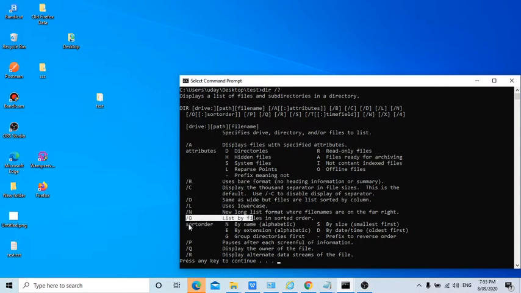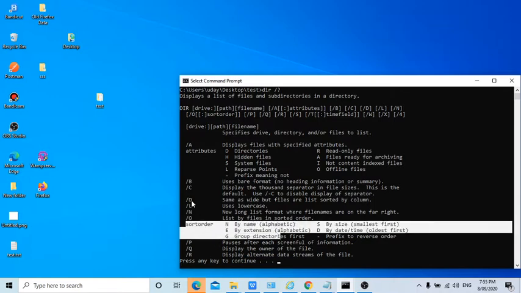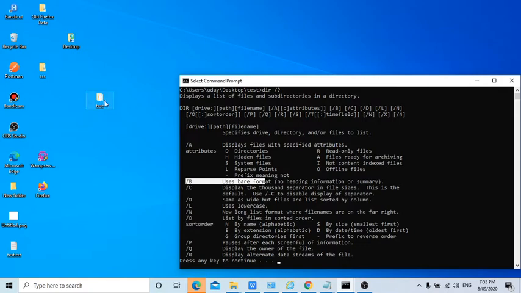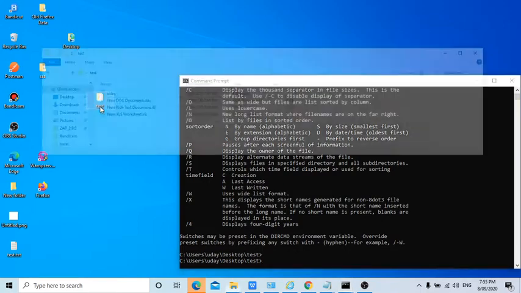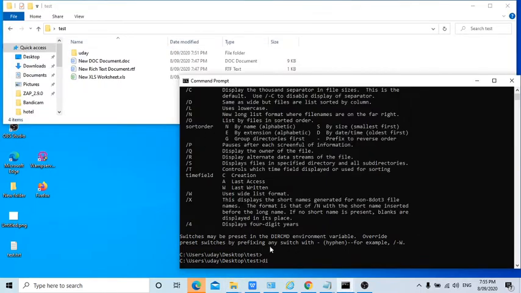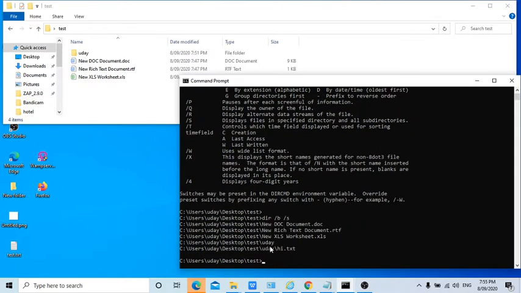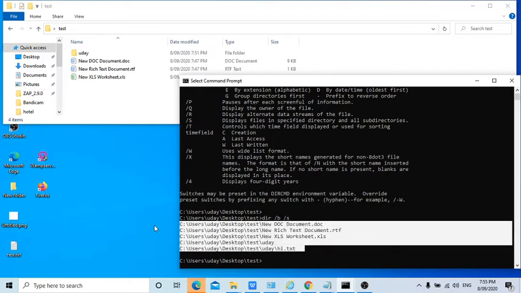It is showing an option to sort by folders or files in order, and also one that only shows the base path. So I'll show you one interesting command here for this. As we are inside the test folder, right? Now dir /b /s. Now it will show all the folders and files only with the paths, instead of when the file was created and the time. It will not show all those, guys. Can you see? When I enter dir /b /s, it is showing all the file and folder paths.